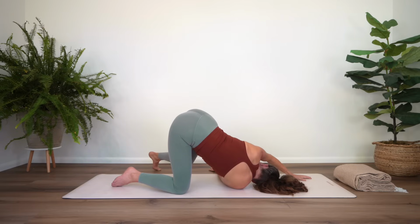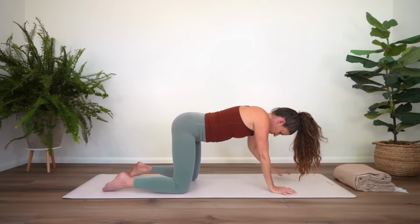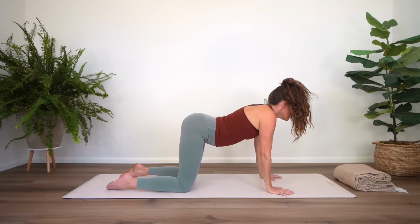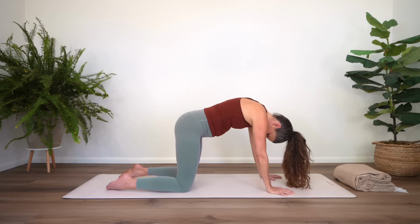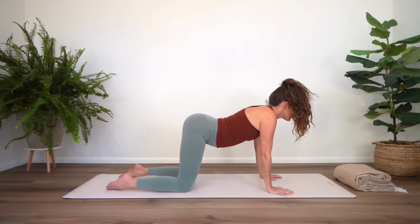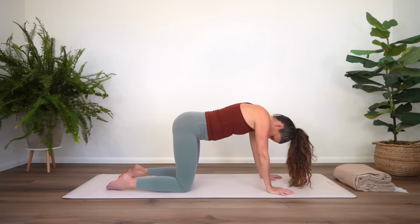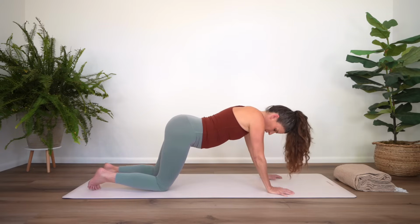And unwinding now slowly. Return to hands and knees. Take another couple of rounds of cat and cow. Inhale to your back bend. Exhale, round, tuck tailbone. Inhale, drop ribs, lift the gaze. Exhale and round. Return to a neutral spine, and we're going to make our way all the way onto the belly for open